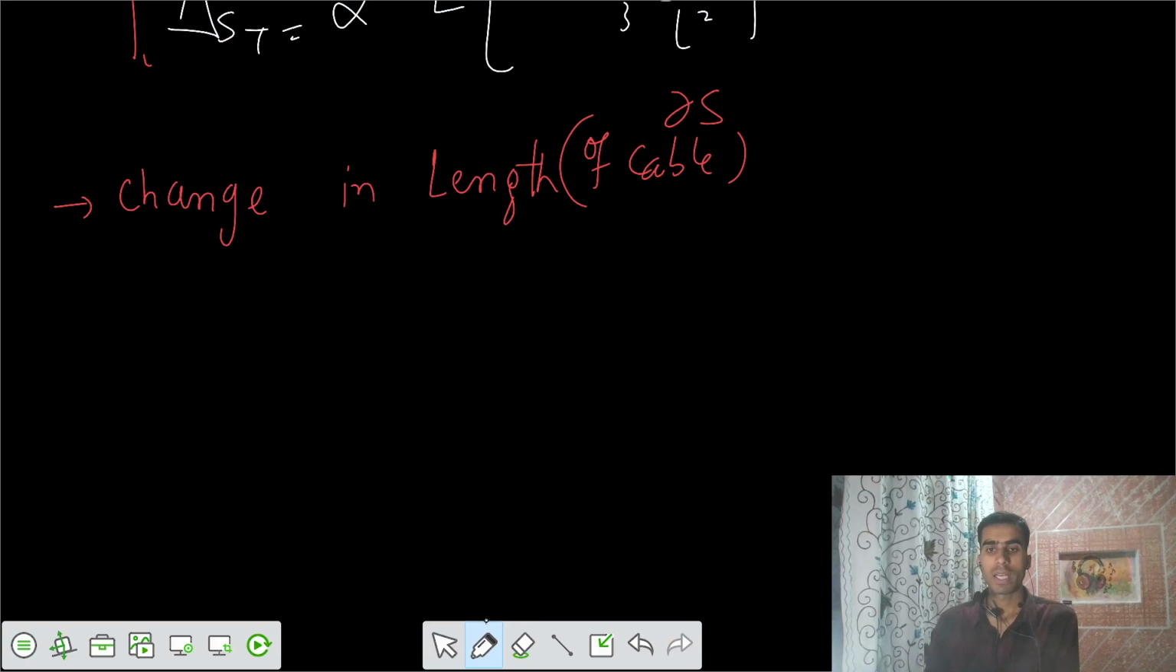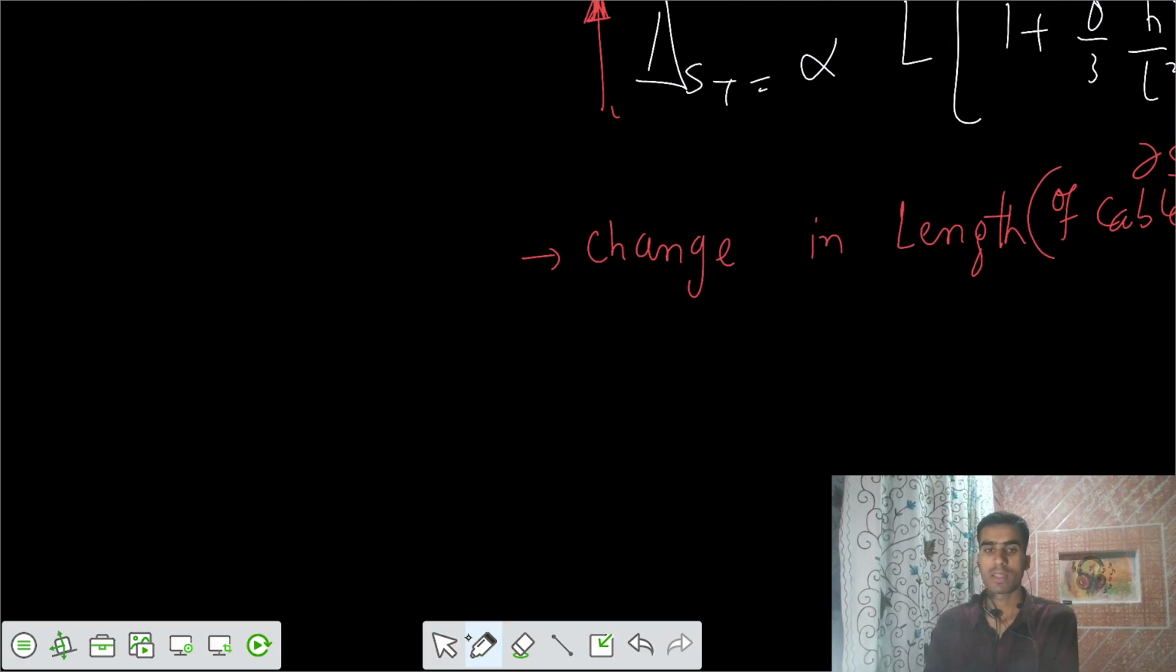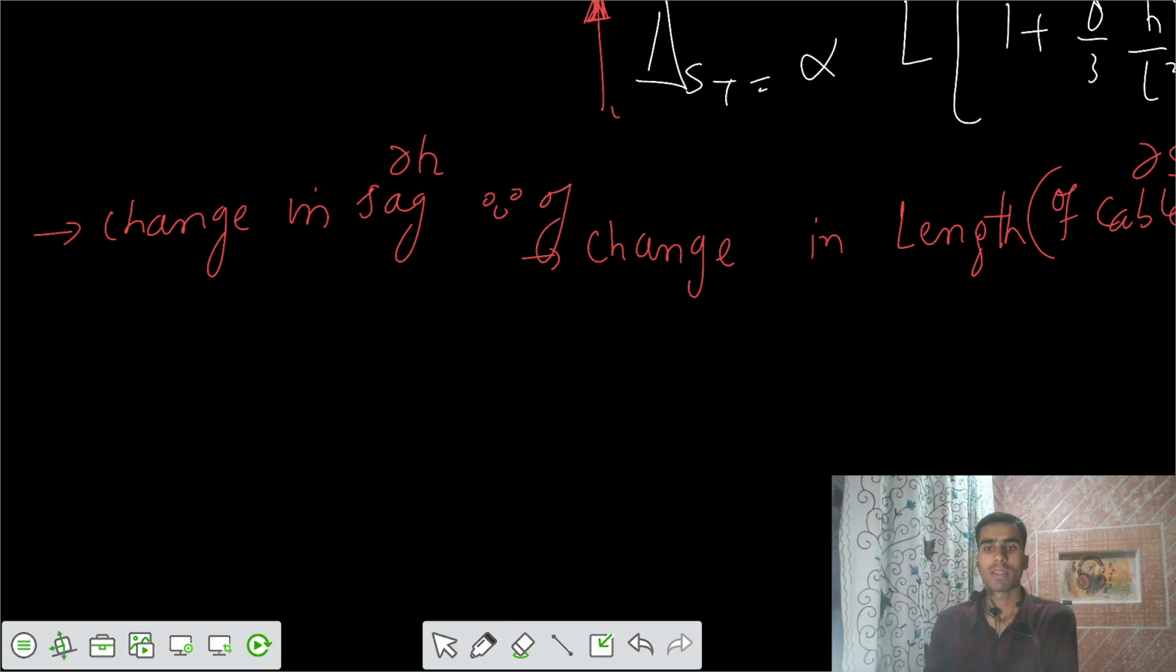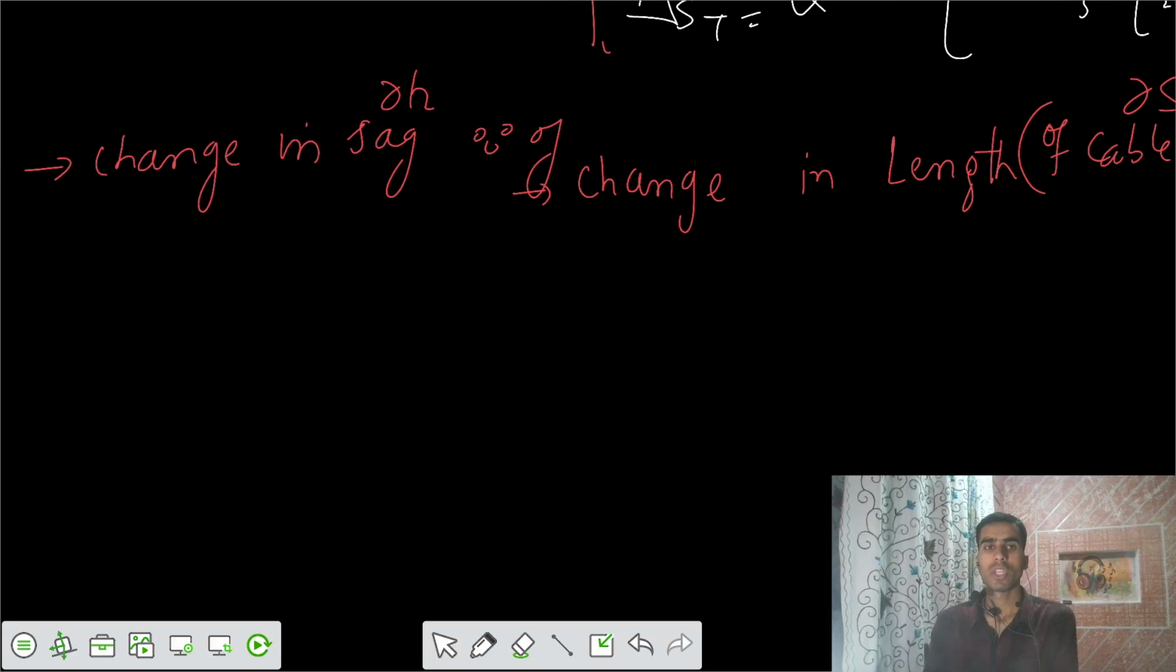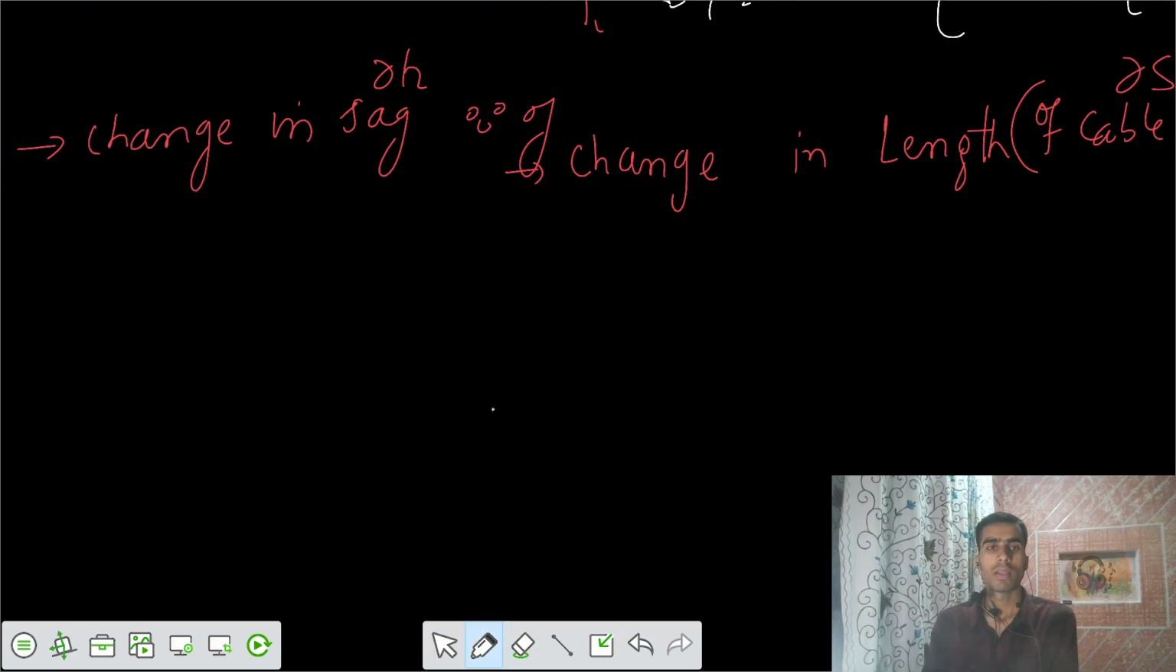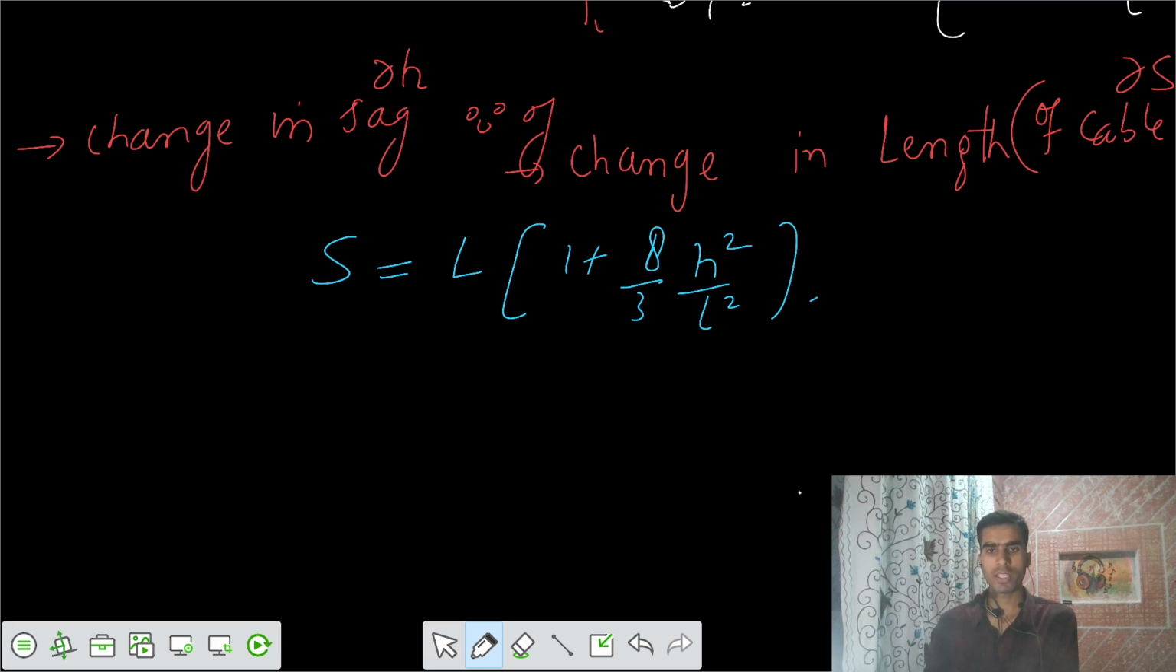This is actually the change in sag due to change in length. Topic is actually in this way. Change in sag, that is dou h, because of change in length. Because of change in length, there is some change of sag. If I have that equation, cable length S equals L times (1 + 8/3 h²/L²), if I differentiate it, I would say dou S, the change in length, equals L times (0 + 8/3